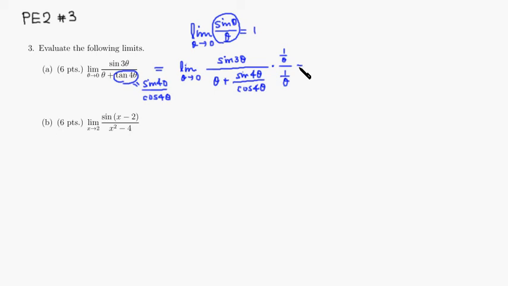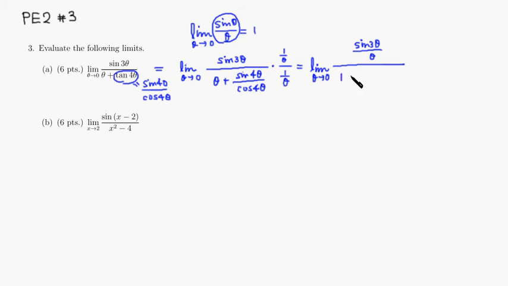So we have the limit, theta goes to 0, and on top sine of 3 theta divided by theta,